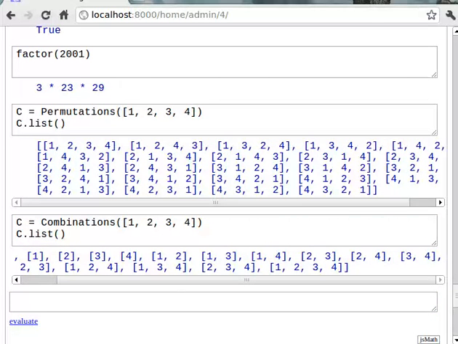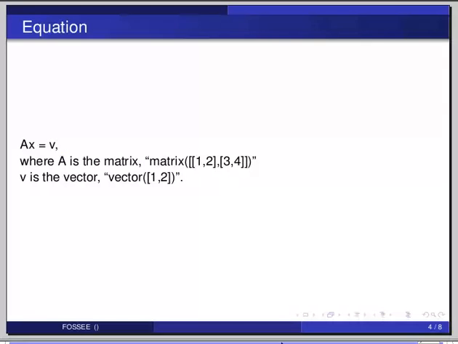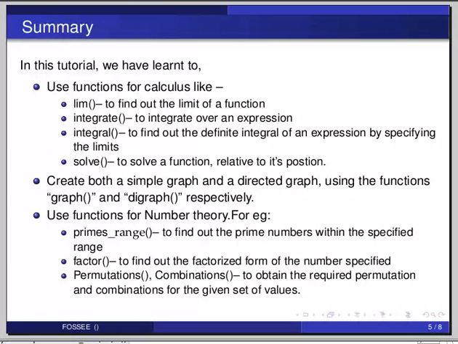So this brings us to the end of the tutorial. In this tutorial we have learnt to use functions for calculus like the lim function to find the limit of functions, the diff function to find the differentiation of an expression, the integrate function to integrate over an expression, integral to find the definite integral of an expression by specifying the limits, then the solve function to solve a function relative to its position, then create both a simple graph and a directed graph using the functions graph and digraph